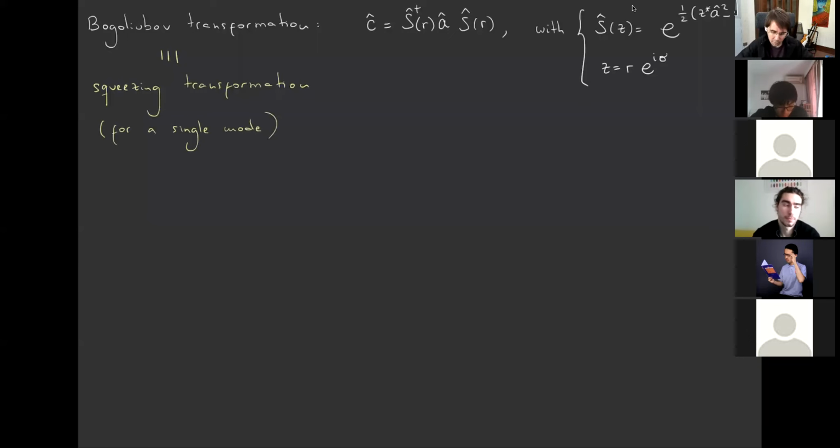Okay. So for more modes, you can imagine that you have a similar kind of transformation, but now mixing all the modes with themselves. So in particular, we saw in chapter 2